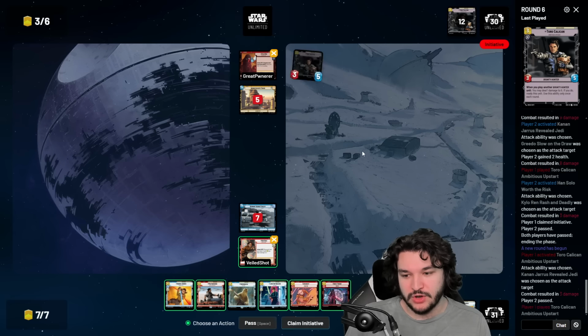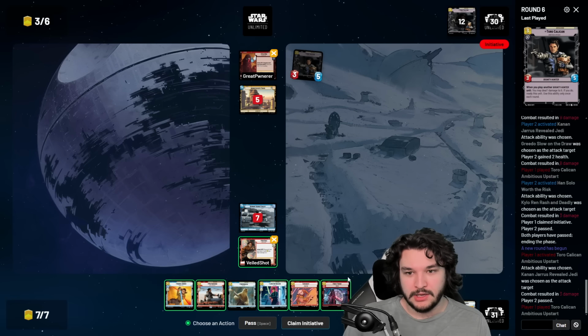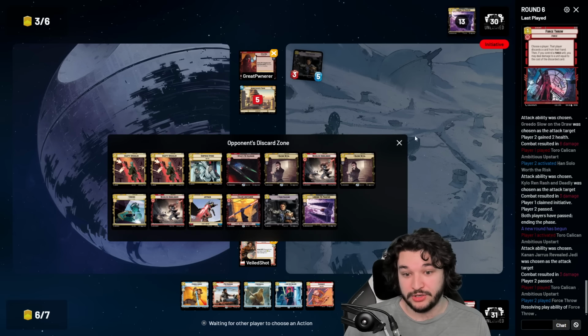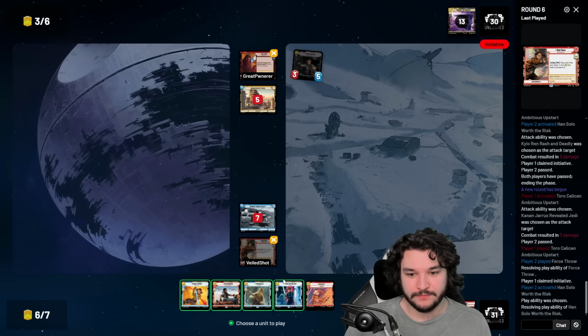Could have played a force throw, but not really necessary. Okay, let's go ahead and actually force throw my opponent. Just get rid of the last card in hand. It's a Lurking TIE Phantom. That was kind of awesome to get rid of. Granted, Luke Skywalker can kill Lurking TIE Phantom, but, well...